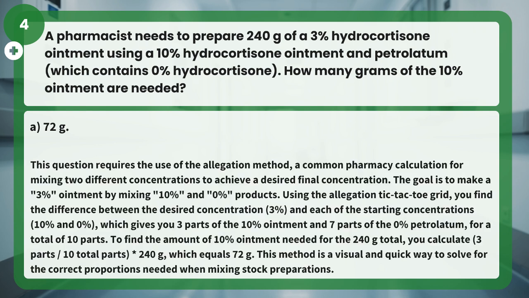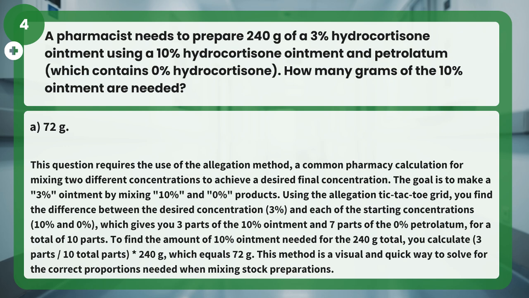Answer: A. 72 g. This question requires the use of the alligation method, a common pharmacy calculation for mixing two different concentrations to achieve a desired final concentration. The goal is to make a 3% ointment by mixing 10% and 0% products. Using the alligation tic-tac-toe grid, you find the difference between the desired concentration, 3%, and each of the starting concentrations, 10% and 0%,